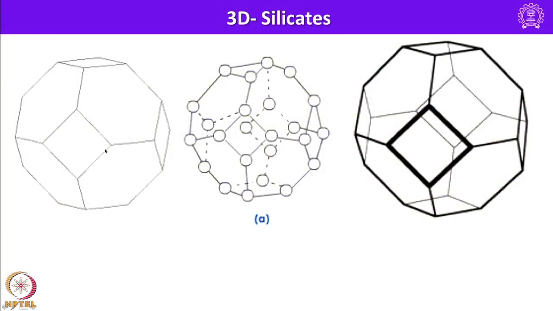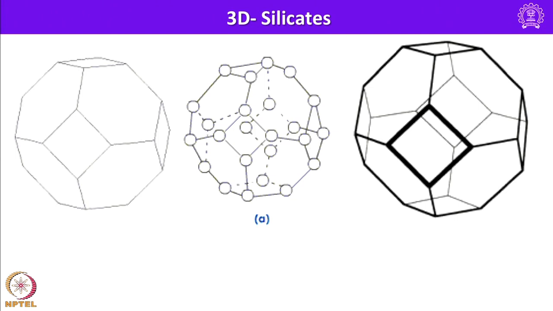One of the basic building blocks for several zeolites is the sodalite cage. I will show you what a sodalite cage is. This is how the sodalite cage looks. In this one you can notice we have 1, 2, 3, 4, 5, 6 4-membered rings and 8 6-membered rings. That means essentially each sodalite consists of 6 4-membered rings and 8 6-membered rings, and several synthetic